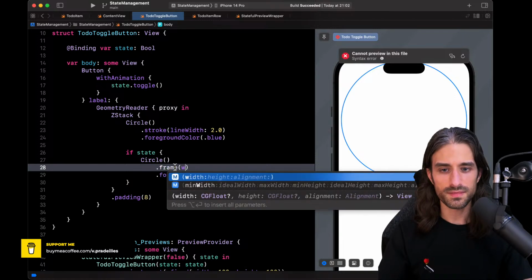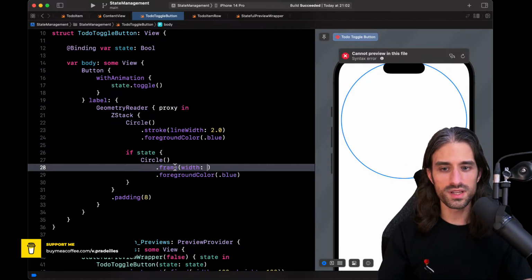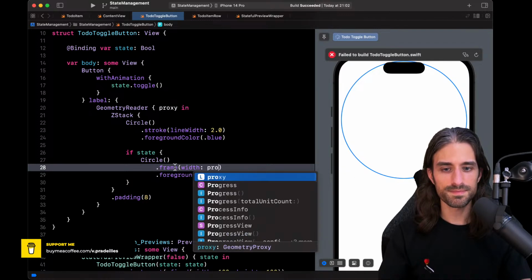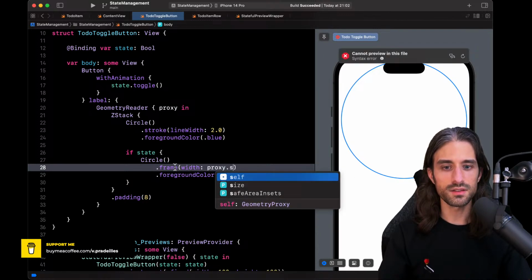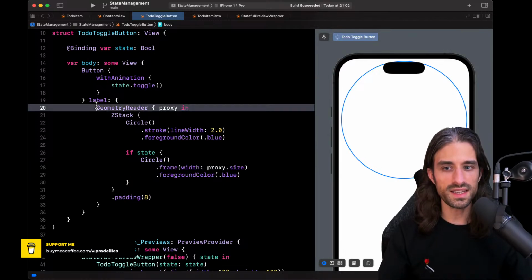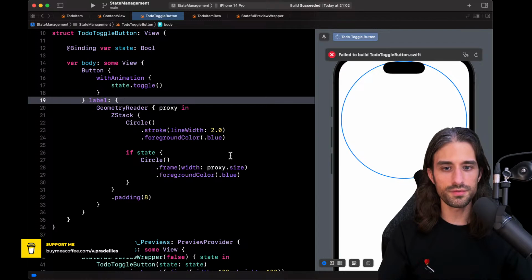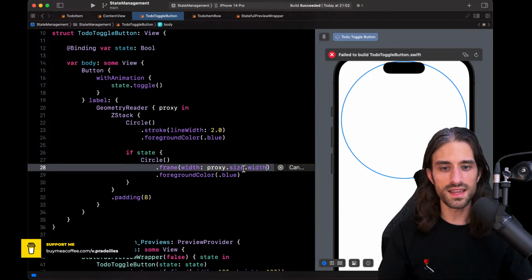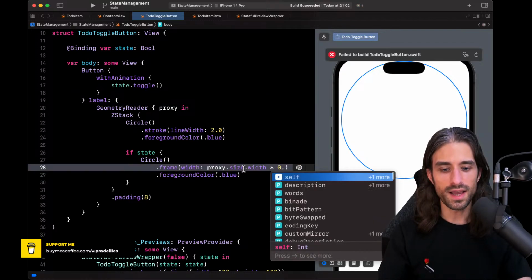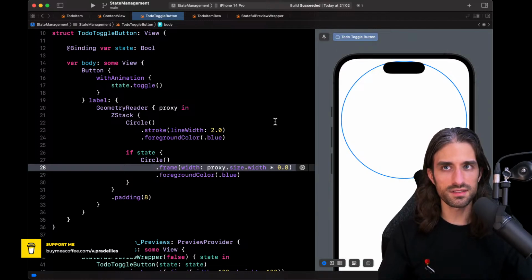For instance, if I want to set a width for my second circle, on my proxy I can access the size. So it's the size that is available to this view, to the label of the button. And so I can take the width of it and take only 80% of it.